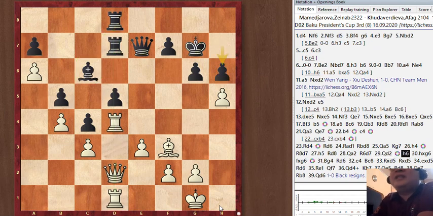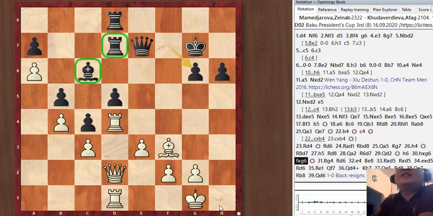So black plays h6, and that is a real question mark, and gave perfect timing for white to simply capture h takes g6, f takes g6,